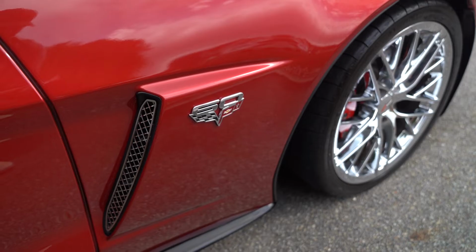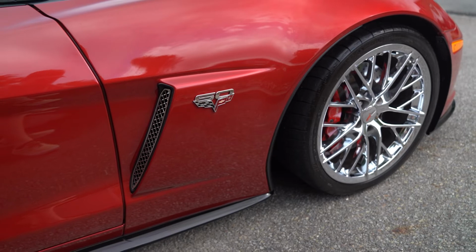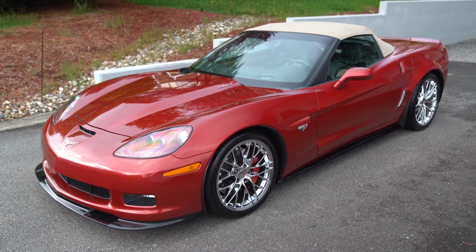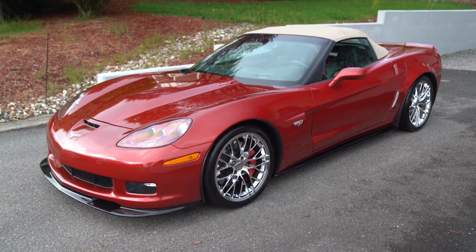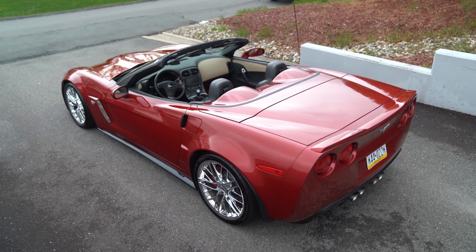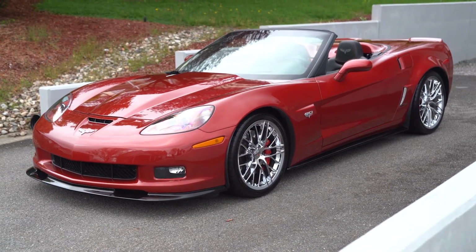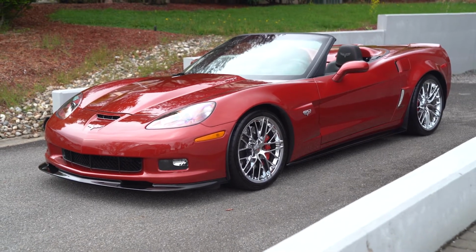Some of the standard features that came with the 427 edition here were power speed-sensitive variable ratio rack and pinion steering. You had your traction control system, active handling, magnetic ride, that dry sump oil system for your, again, 7.0-liter V8 with 505 horsepower. You have your 4-wheel disc brakes, your push button start, air conditioning, dual zone climate control, heads-up display, seat trim with leather seating surfaces. You have your navigation, Bose premium audio with 9 speakers and Bluetooth, power heated outside mirrors,